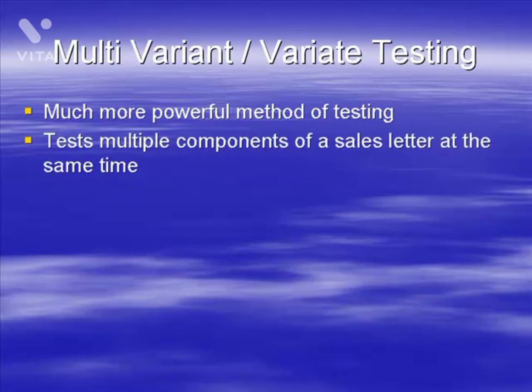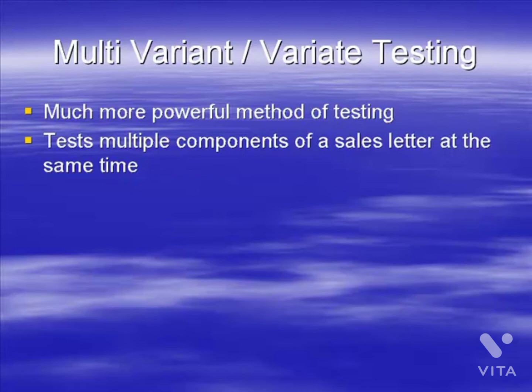Basically, the premise of this is it tests multiple components of a sales letter. So you set this software up, you give it all the changes that you want, and then it automatically compares them all, works out itself which ones are the best performing combinations, and ultimately, by the time you get several thousand visitors down the line, it has the best performing sales letter for you. So it's absolutely fantastic software for automating the whole split testing of a sales page. This is why it's so very good.